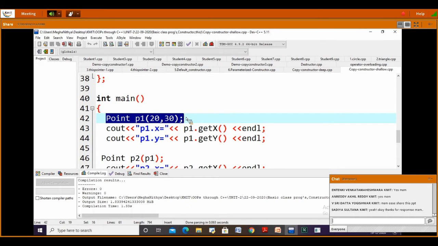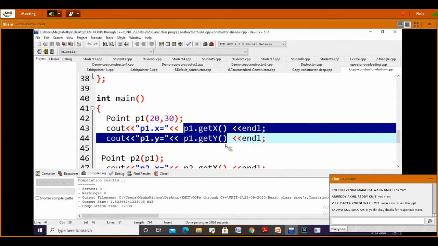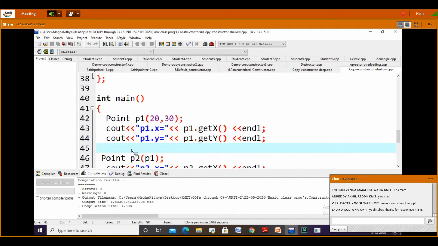We are initializing x and y values. For retrieving those values, I'm writing p1 dot get x, p1 dot get y. So here it is calling the parameterized constructor.